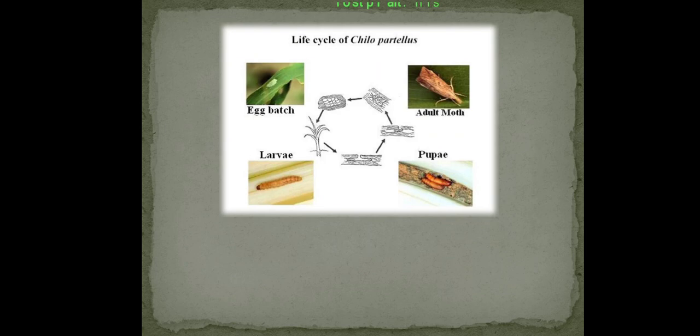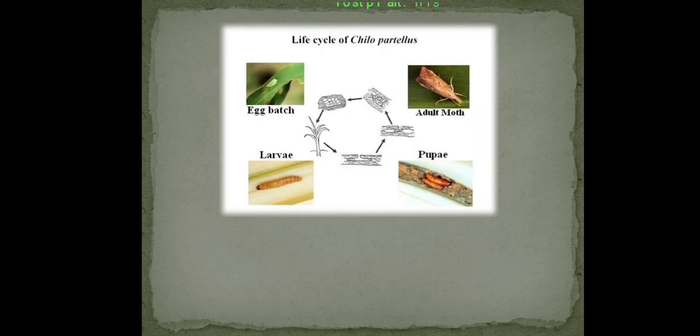Next we see the life cycle of this jawar stem borer. It is a holometabolous type of development, meaning it shows the complete life cycle: egg, larva, pupa and adult. A female lays about 50 to 300 eggs in a cluster, arranged in two rows on the under surface of the leaves. The eggs are laid during the April and May period. The color of the egg is white. They hatch into young caterpillars in about 6 days of incubation period.